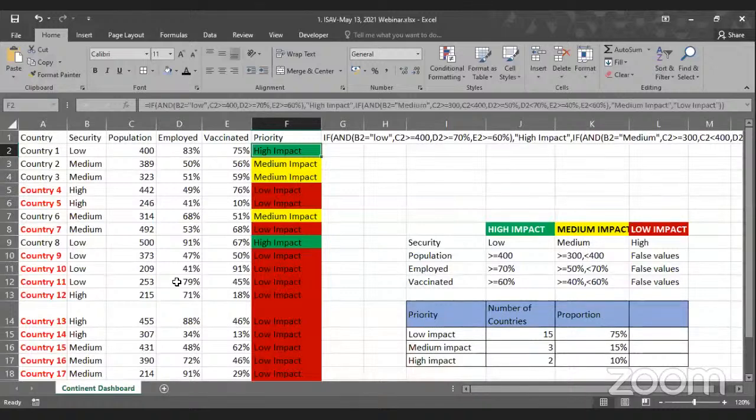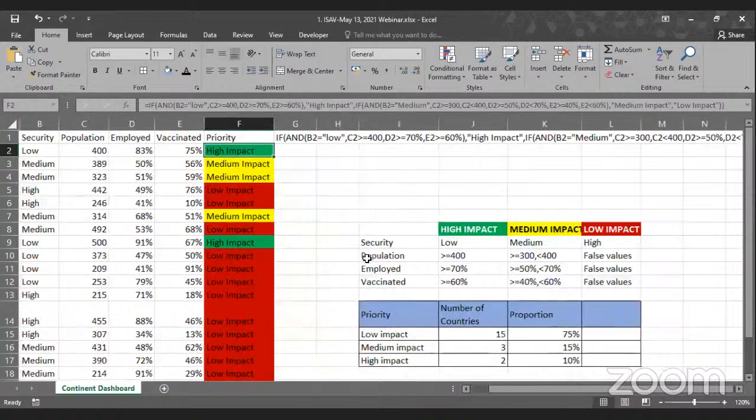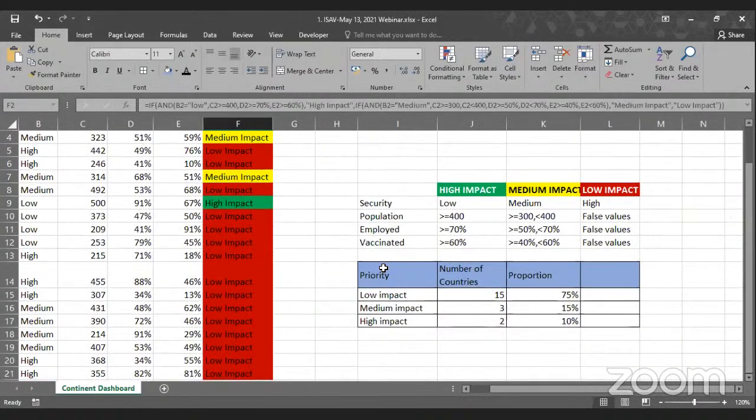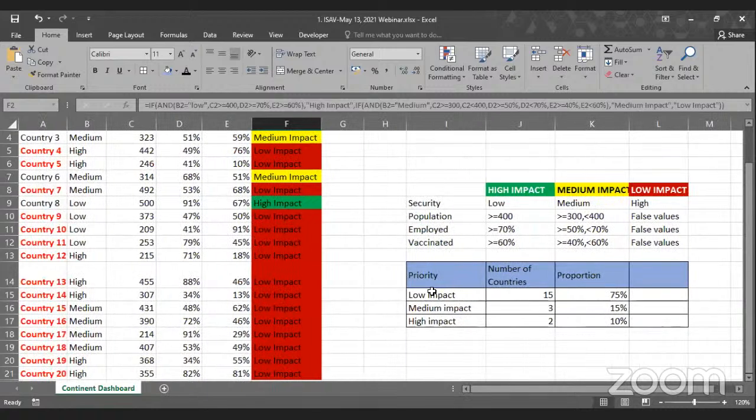Okay, so let's go to the next visualization, Jennifer. That is progressive charts. Yes. So for progressive charts,